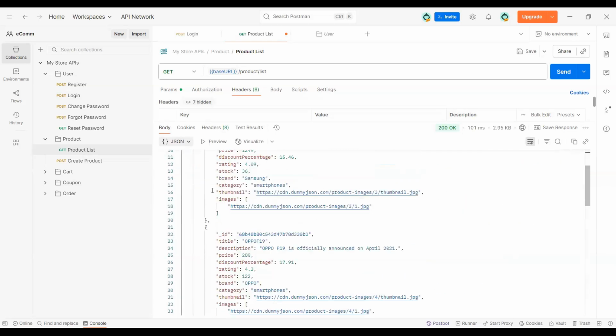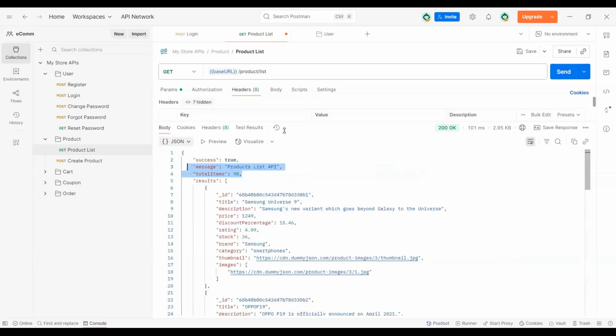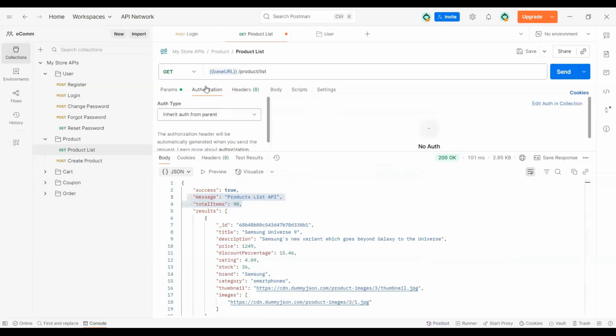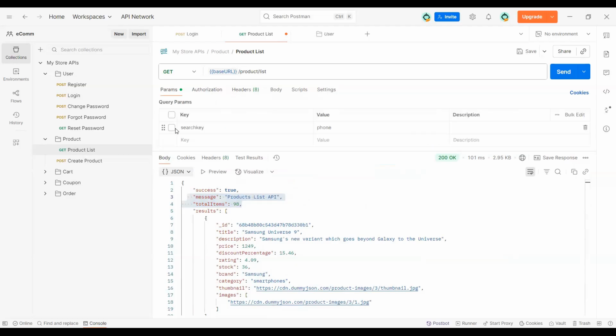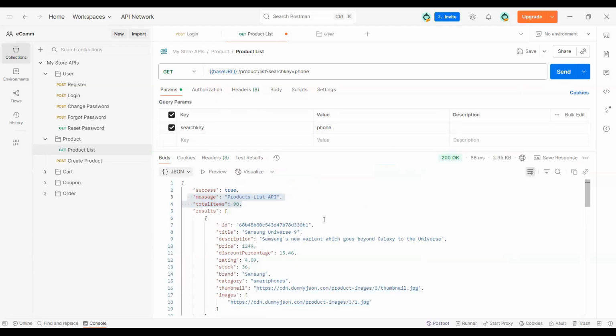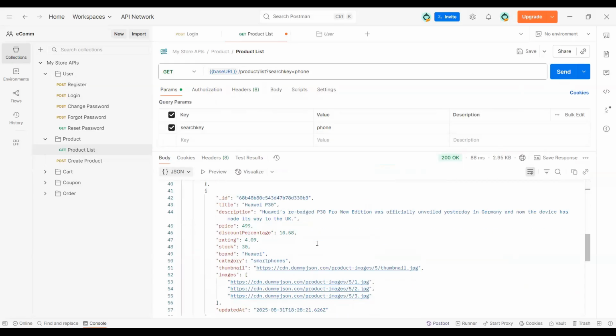And it has given us some default 4, 5 items, I think. But if I want to search for some item, then I can add a search key in the URL and say I want to search for phone. Then I will only get phones,